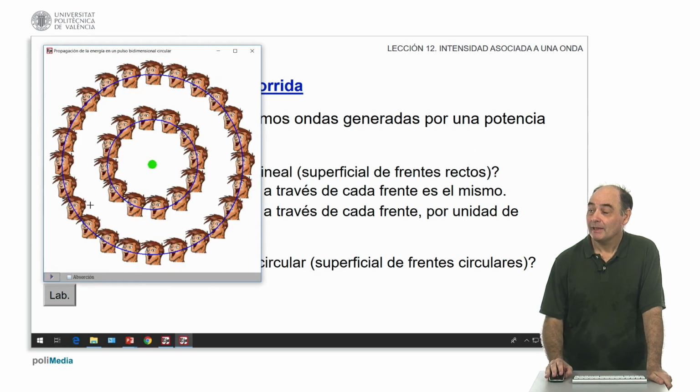In this case, we're going to emit 24 joules from the center. That's the source. A point source that will emit in all directions equally, and they're going to make the trip. Here we have the 24 joules, moving to the first front, where there are 12 Jakes waiting, so it takes 2 joules per Jake, 2 joules